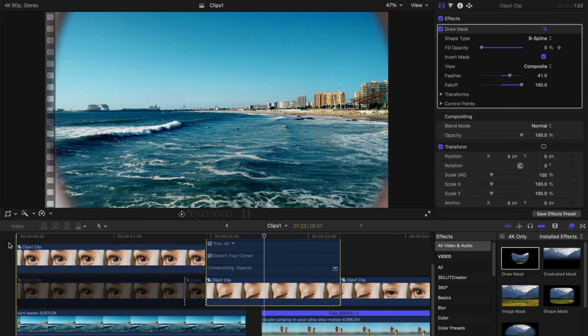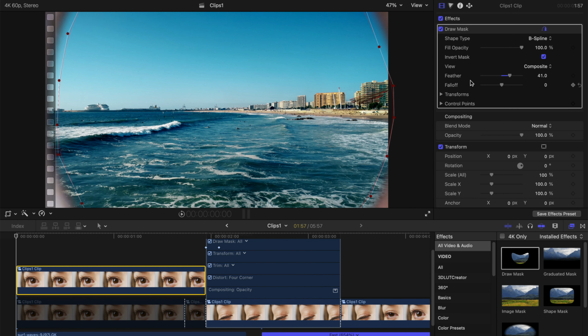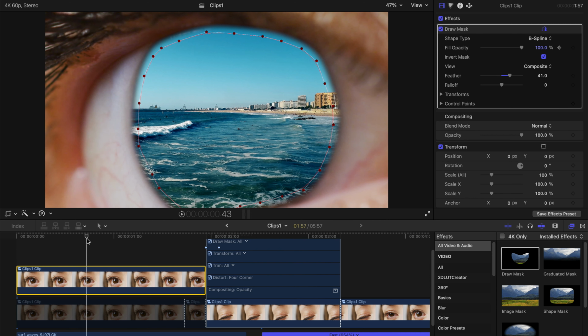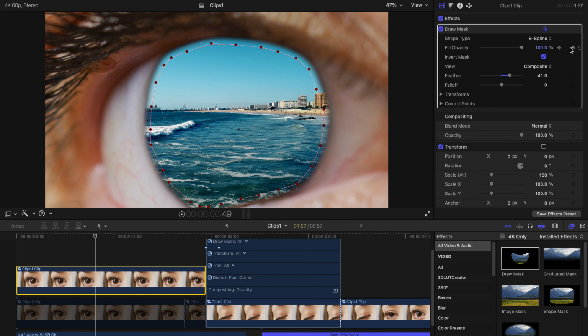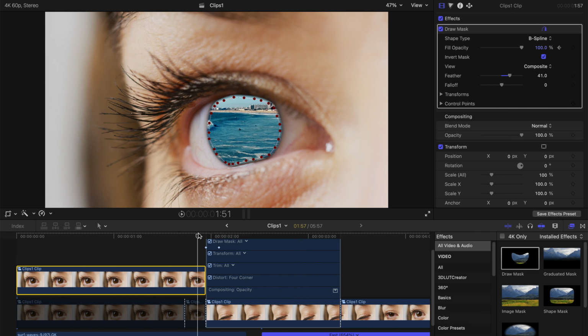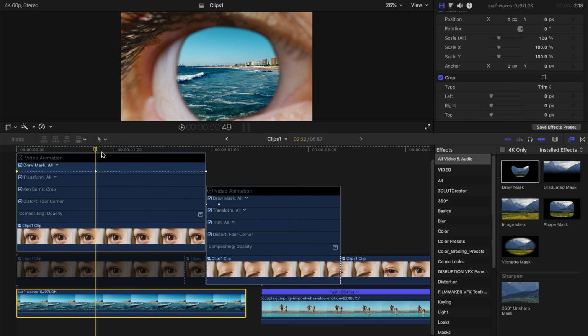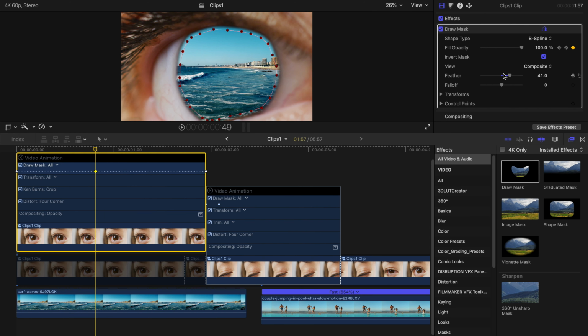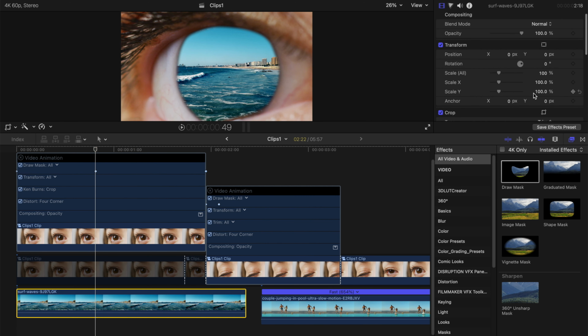And for the start part, what I suggest is that you lower the fill opacity along the way as well. So around here, let's create a keyframe, and then from here to here I'm going to drag it to 80 plus, something like that. I'm going to go back around here and then select the clip at the bottom of this draw mask and